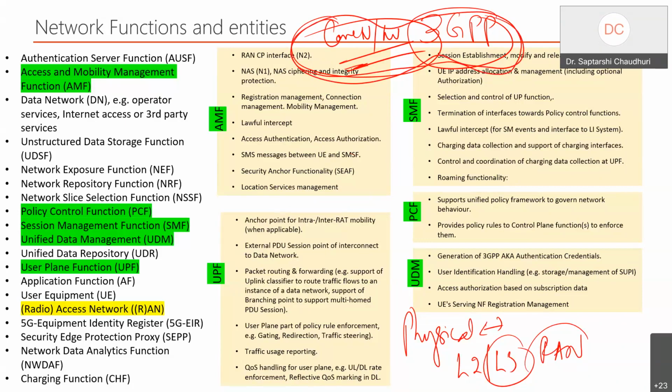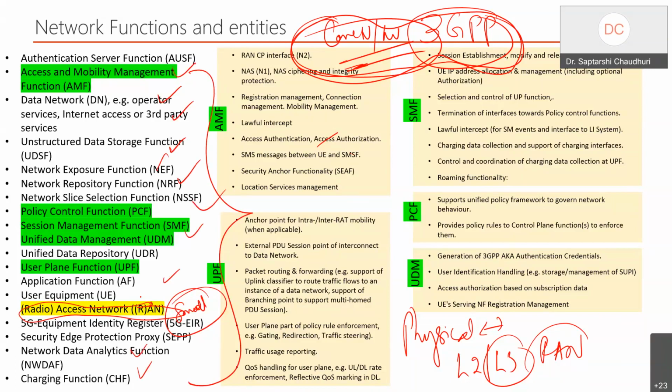I have just marked some greens here. Apart from the network entities, if you add up the whole aspect of it, I just put one called radio access, one very small entity here. Now you can imagine that if an operator wants to deploy a network, all these things he has to buy from somebody. This also he has to buy, but so many things he has to buy.